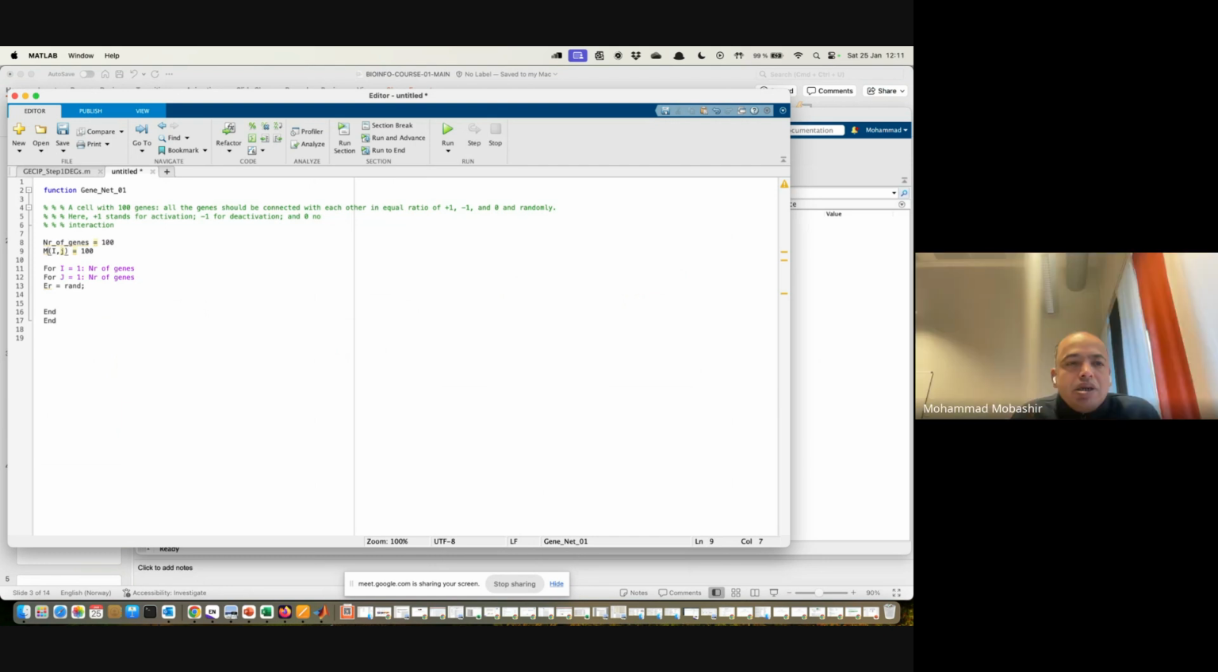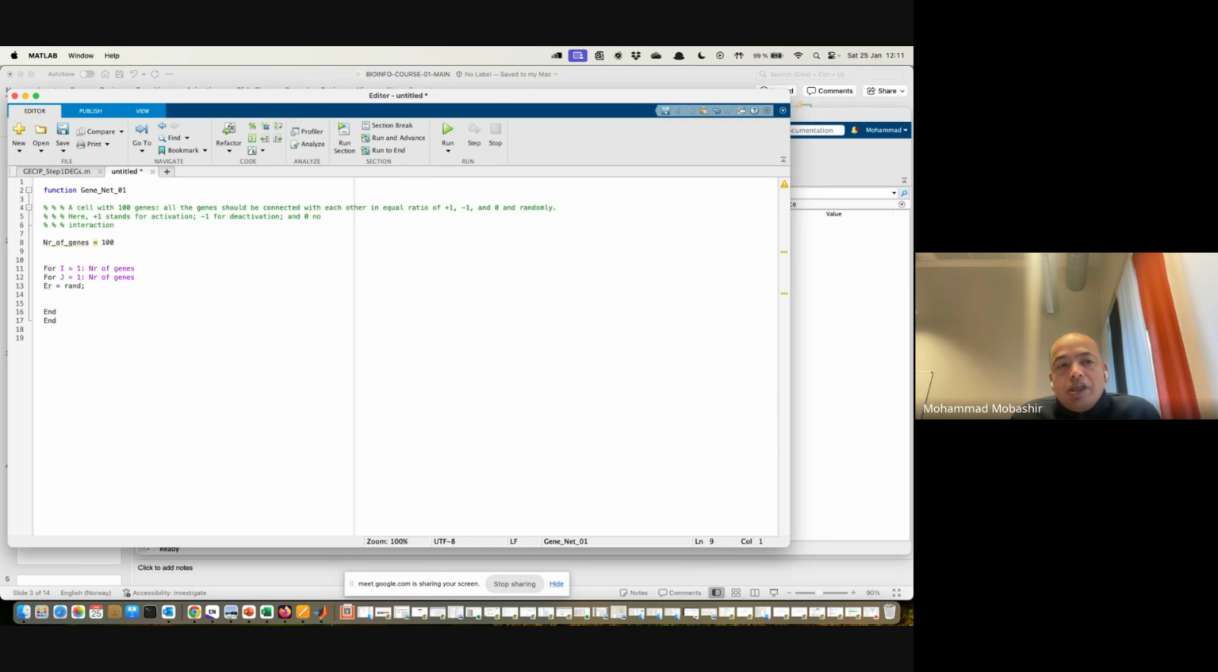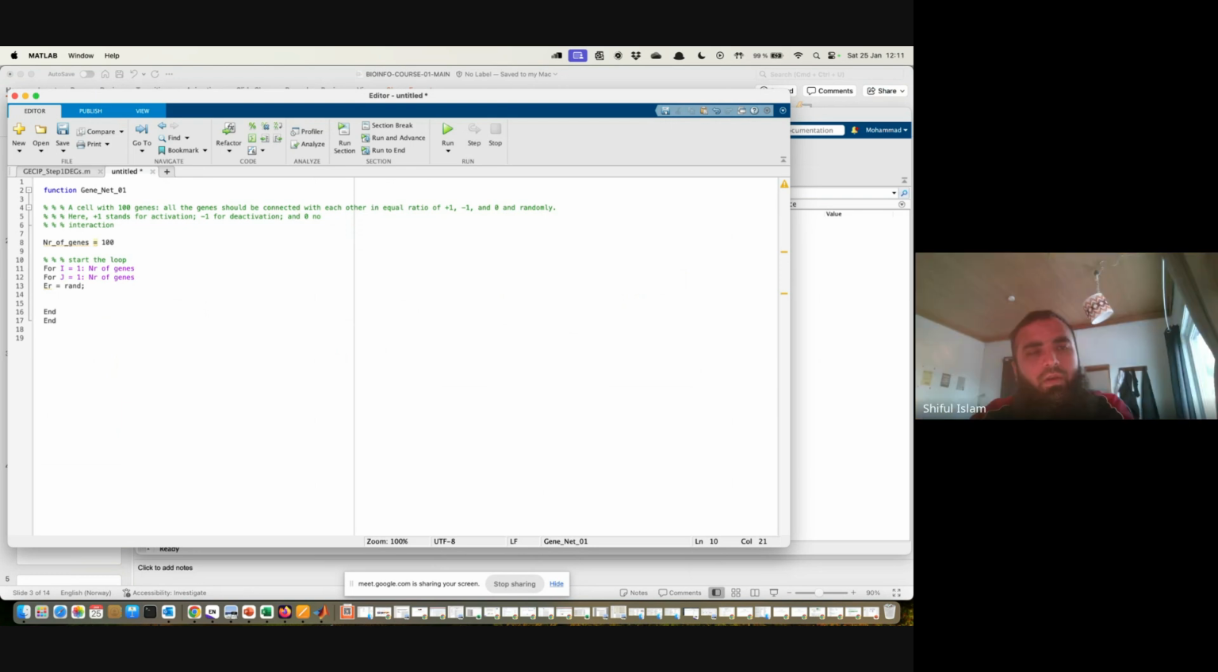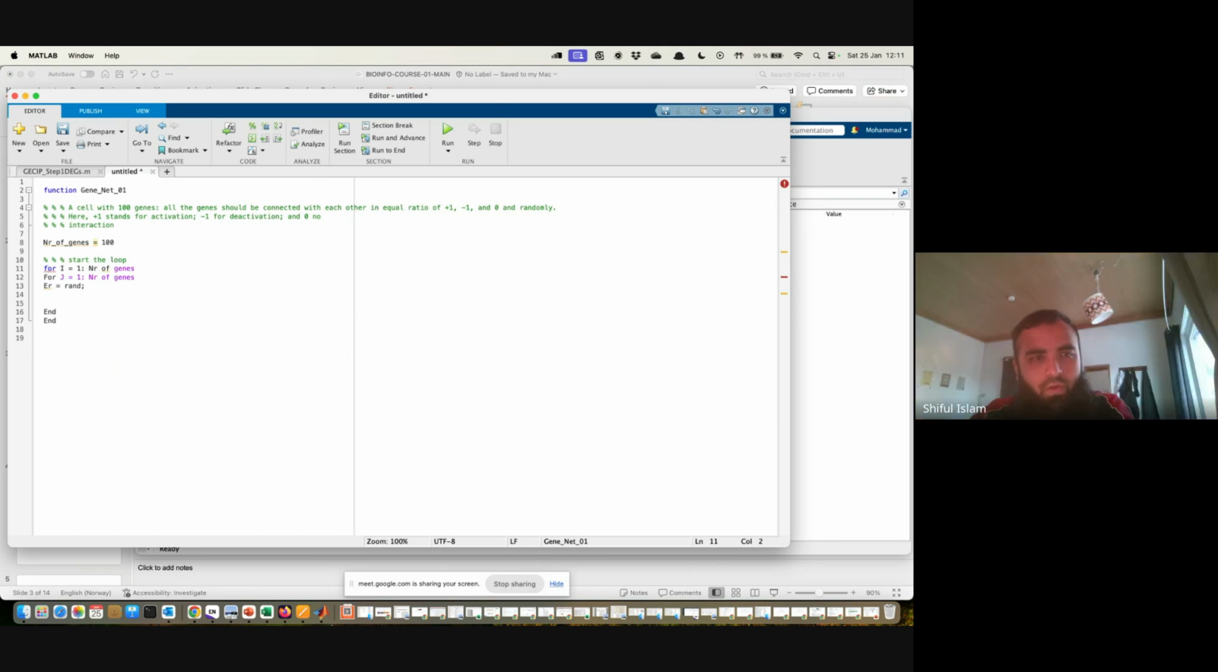Now you just remove this part. This was just for your better understanding. Now here you are writing, start the loop for row and column, or just start the loop. Another thing you should remember is that for must be written with a small f,